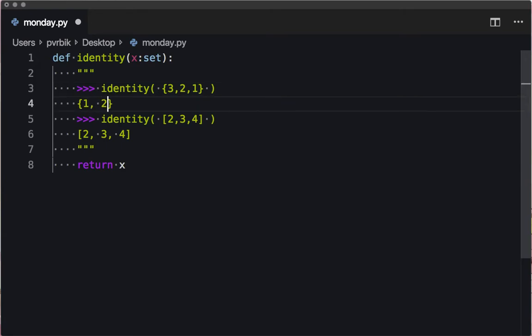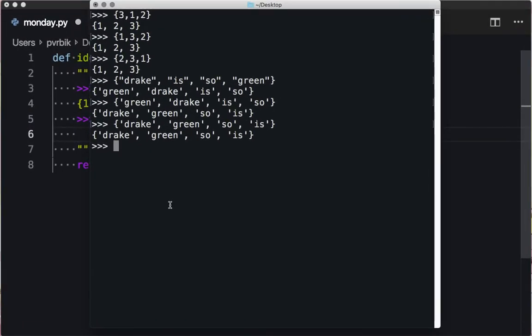I can say this definitively returns 1, 2, 3, but what do I return here? "Drake is so green." Like, what do I put? I don't know, right? The Python interpreter has printed out a bunch of stuff in a different order. Do I guess that this one's always going to go to that one? I'm not sure, right? So it's not always possible to do a docstring